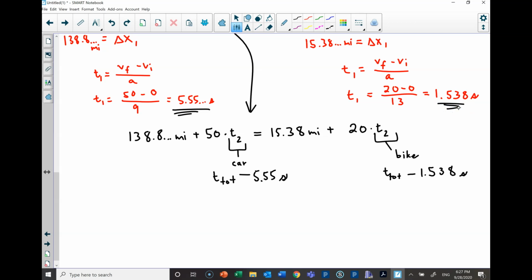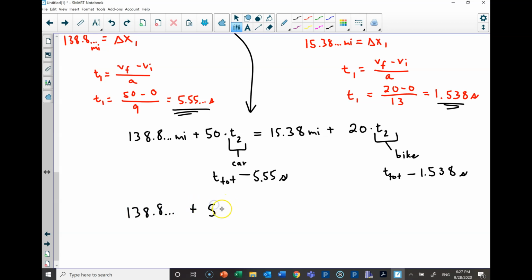Well, for one, we know something. It's something we know. That's better than knowing nothing. But additionally, these are the same for the two vehicles. That's one of the things we said at the beginning. So now we have 138.8